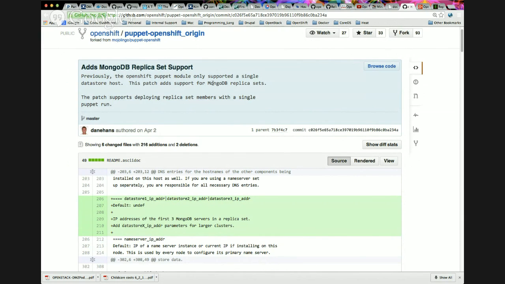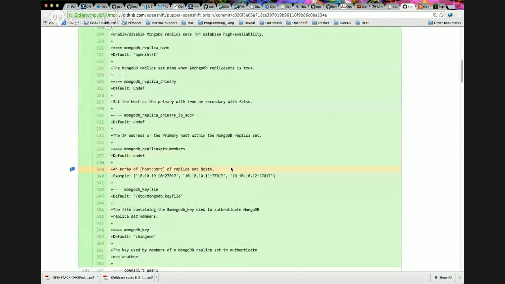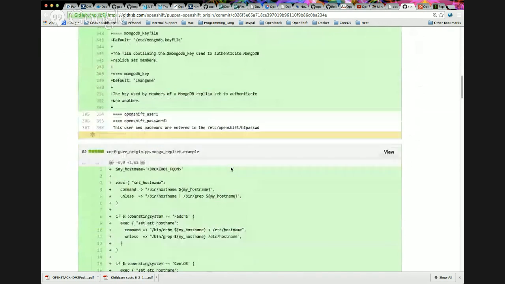deploy a standard broker node with all the necessary services. Authentication's enabled for Mongo, and so I wanted to make sure that works within HA. And when I was trying to use the upstream Puppet Labs Mongo module, I just had all sorts of problems, and I was just kind of spinning my wheels. So I decided to just take a break from that and add the necessary replica set configuration directly within the